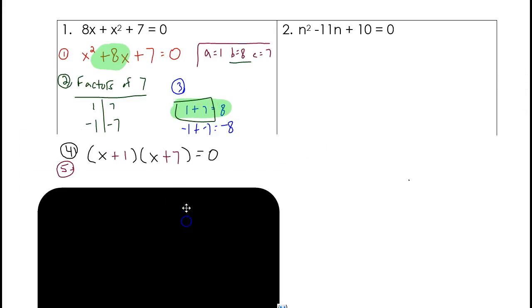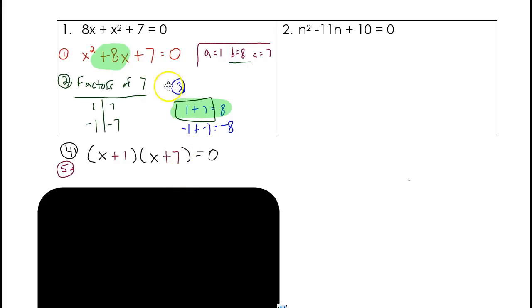Our fourth step is to put x in parentheses and another x in parentheses equals 0. And our fifth step is to plug in the 1 and the 7 that we got, the factors of 7 that added to give us 8. Now at this point, all of this seems like a lot of work, but